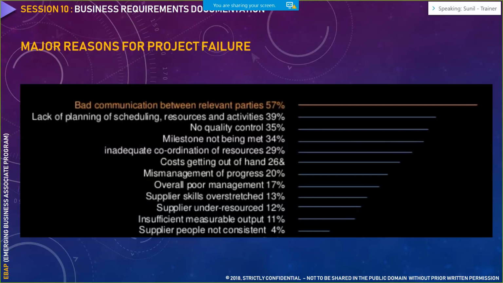In order to avoid that, and in order to obtain an official approval process, the BRD document came into the picture, wherein whatever you mention in the BRD document as within scope, only those would be part of your final deliverable. Rest all would be out of scope. So that is how your BRD document came into the picture. There were other issues as well in projects, but the major issue was bad communication between the relevant stakeholders, which this BRD document addresses.